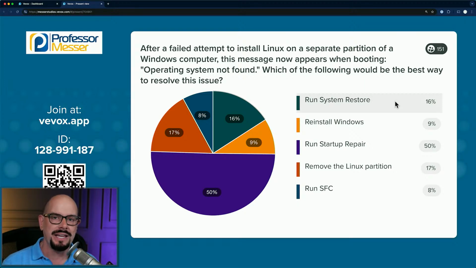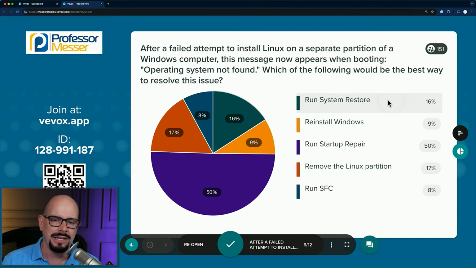And of course, in this case, we have a different boot manager on our system. So changing things with Windows, we're not even looking at Windows anymore. We have to point it back to Windows to be able to get all of that working. So system restore is not going to help us either.